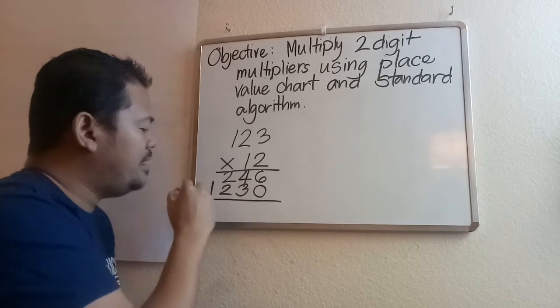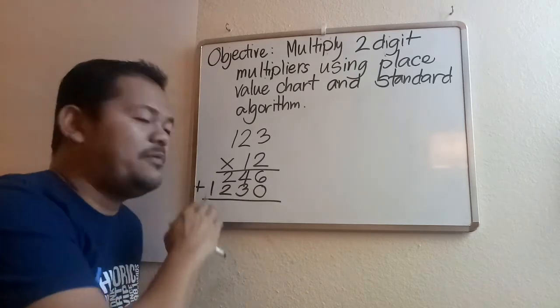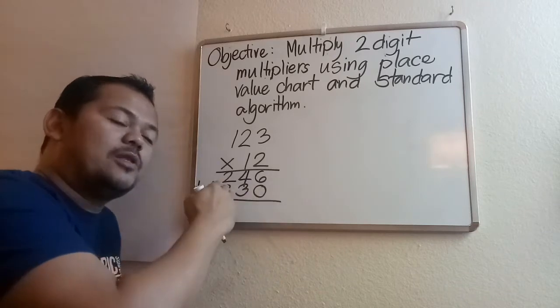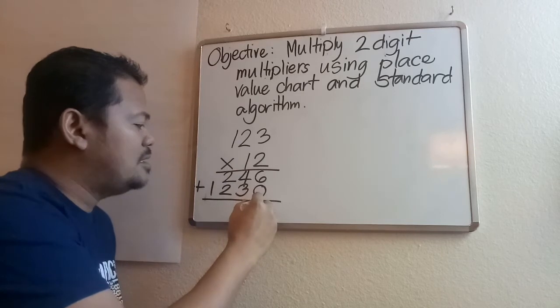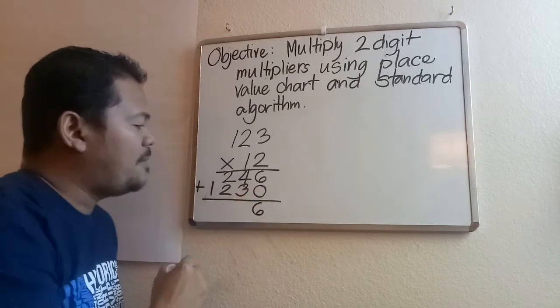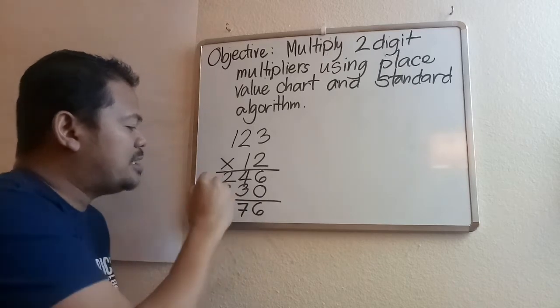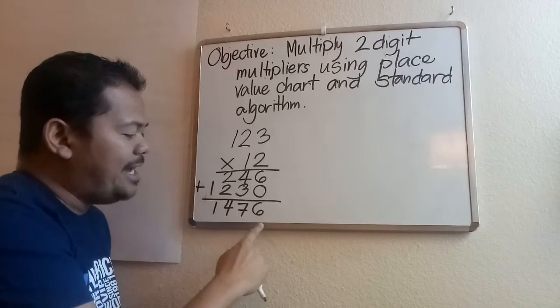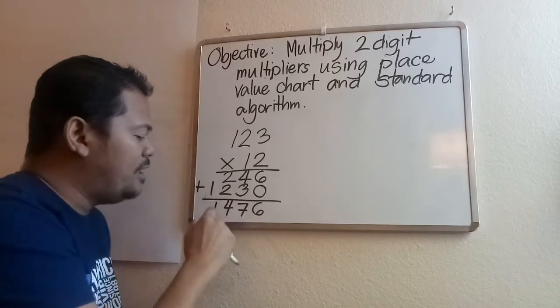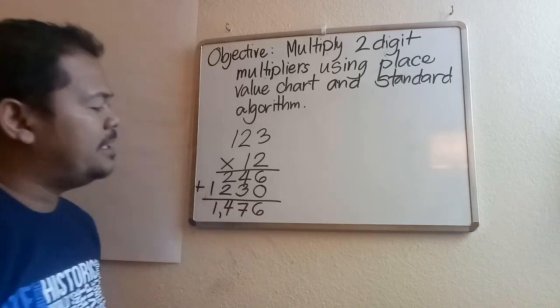Then write the line and write plus. Always put plus because maybe you're going to forget how you're going to solve these numbers. So 6 plus 0 equals 6. 4 plus 3 equals 7. 2 plus 2 equals 4. And bring down 1. Then count 1, 2, 3. Write the comma. And your answer is